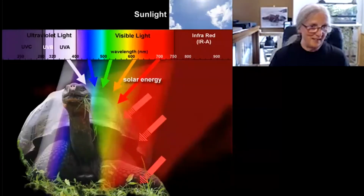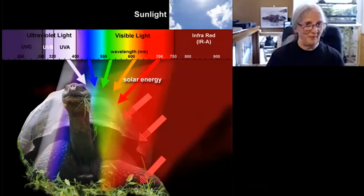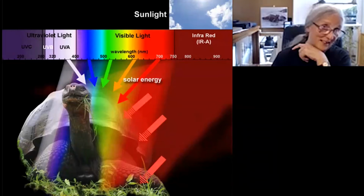So then, as far as the spectrum goes, as you alluded to, every piece of the spectrum does something different. Some of the spectrum we probably have no idea yet. We're still looking at those things. So can you briefly run through what each section of the spectrum does, and then maybe we'll get a little bit more into detail? Yeah, sure. If we start off with our long wavelengths we've just gone through, we've got our infrared and our